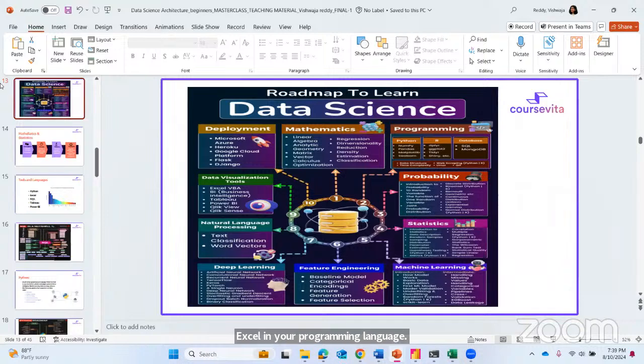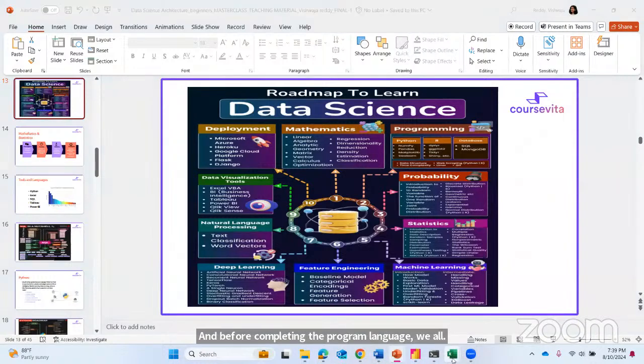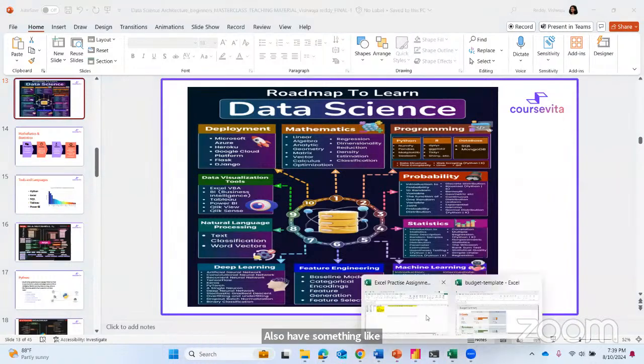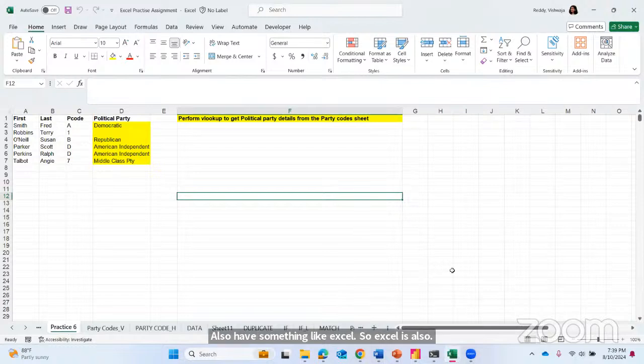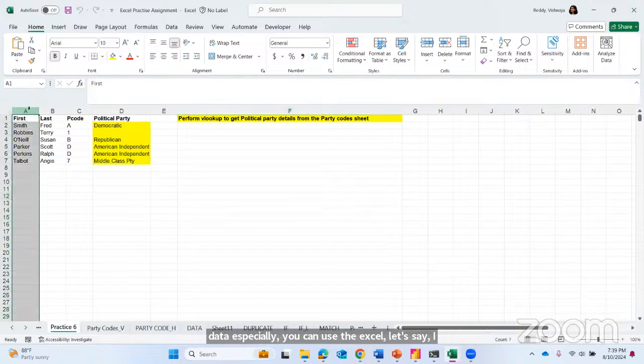And before completing the programming languages, we also have Excel. Excel is a good tool for cleaning the data, and you can also use it for coding. You have macros and VBA, and you have pivot tables. For a deeper understanding of the data especially, you can use Excel. Here the data is limited, you can use around 10 lakh rows.